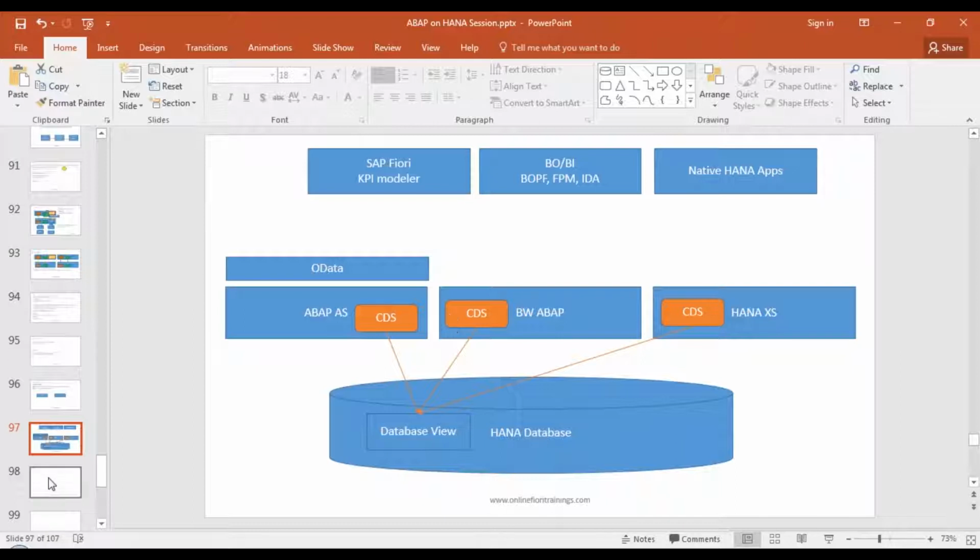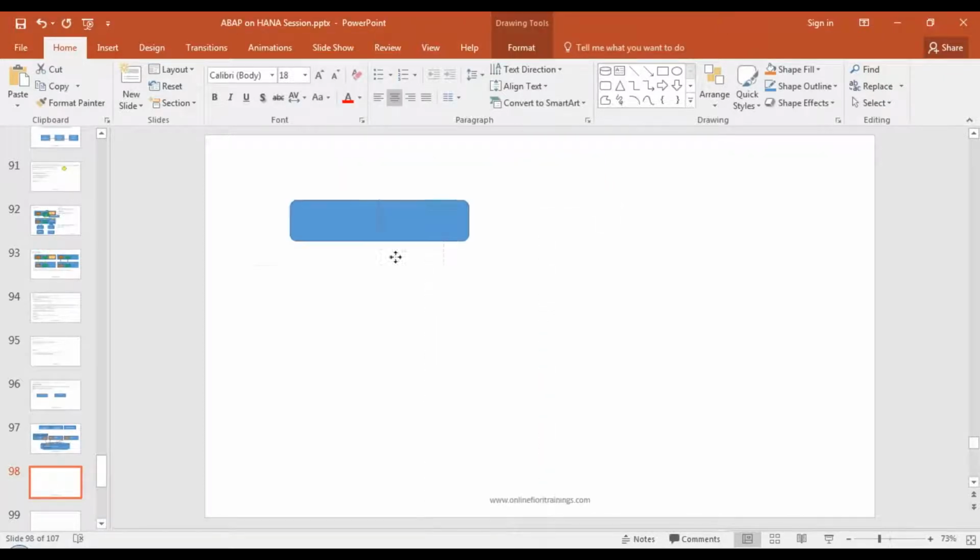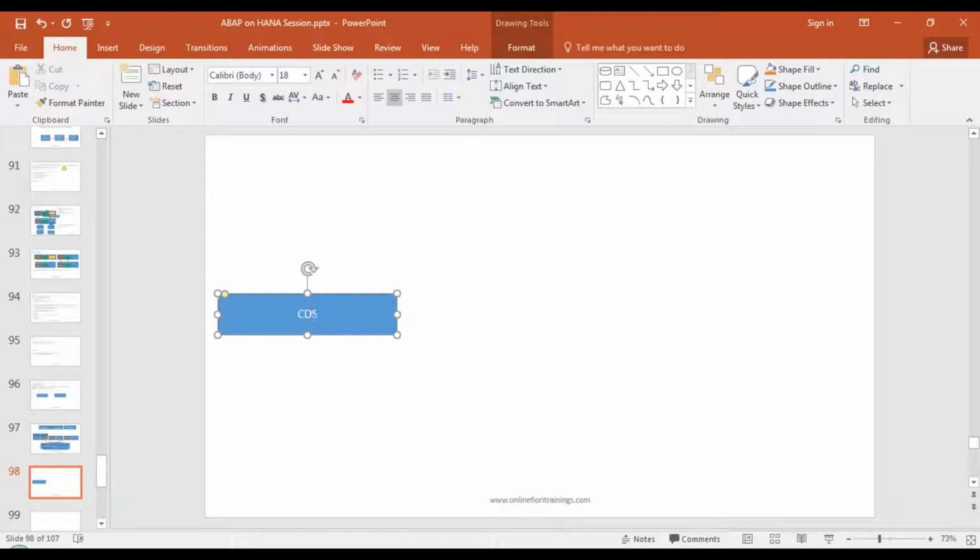So what happens behind the scenes when you create a CDS view? You will always start by defining a CDS view using a CDS data definition. In industry, different developers use different terminologies.